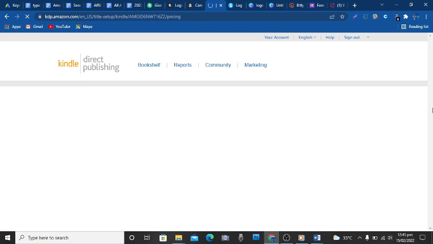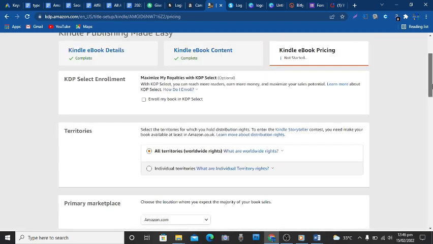Sorry, this is taking some time to load. We just have to be patient, let it finish loading. Alright, so now this is the last stage for our book to be published. You can see here where it says enroll your book in KDP Select. If you're a beginner, this is what I always encourage. So select enroll so that your book will be enrolled